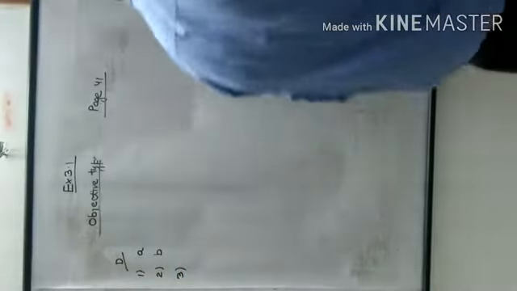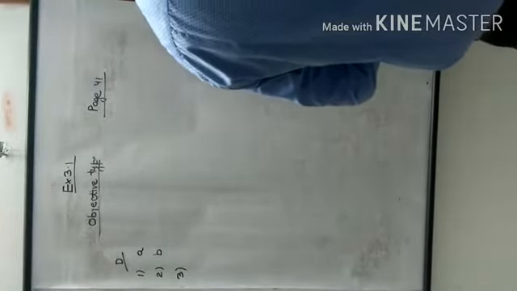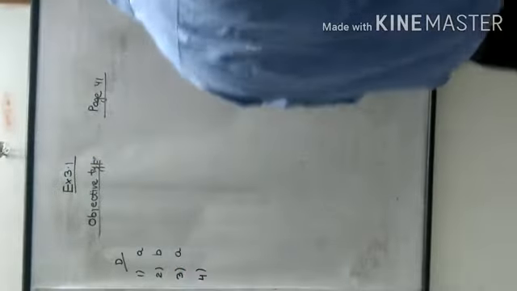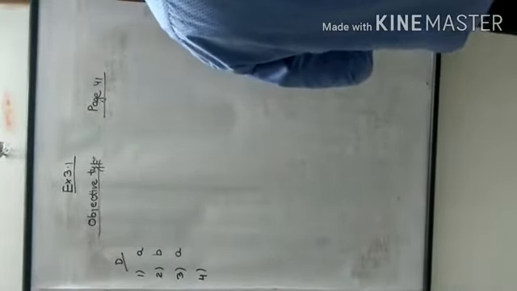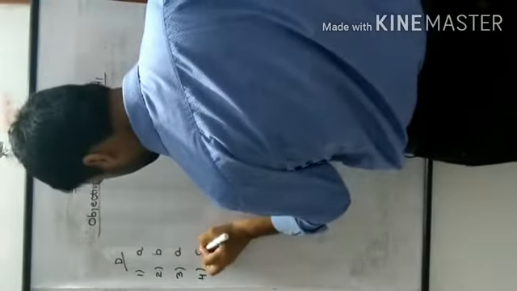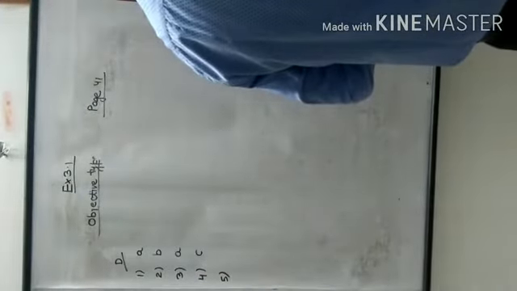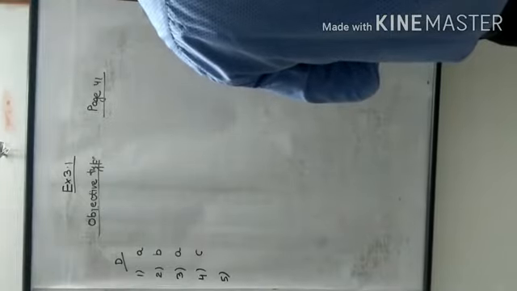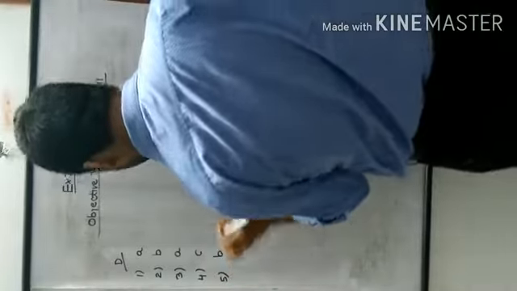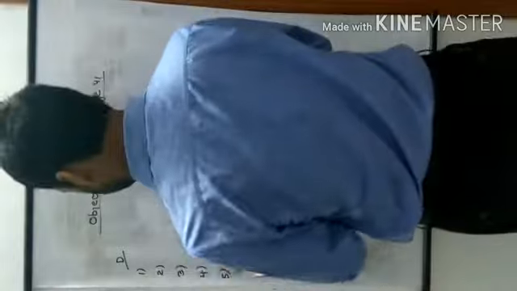Third one: 1 Pascal is what? Generated by the force of 1 Newton on 1 meter square. So that is option A. Then the fourth question: in order to glide on snow, one must wear flat and long skis. The rear wheels of a trailer have a large number of wheels so that they reduce the pressure on the road. Yes, so option B. Okay, that's clear.